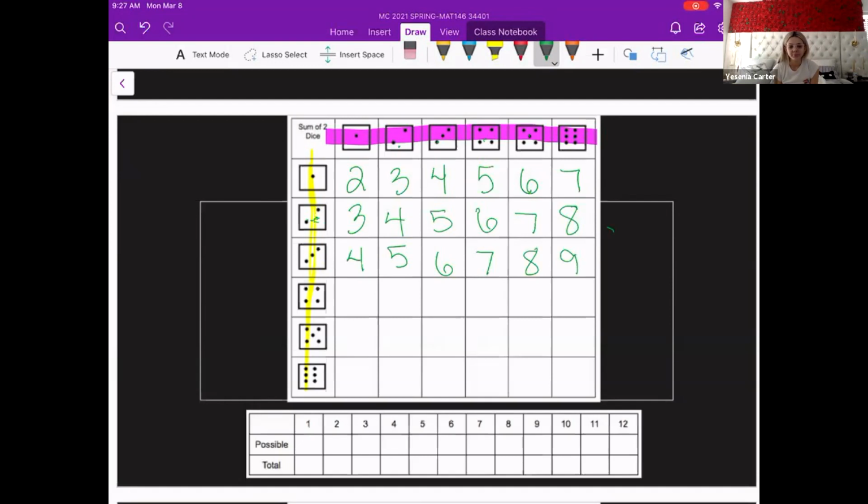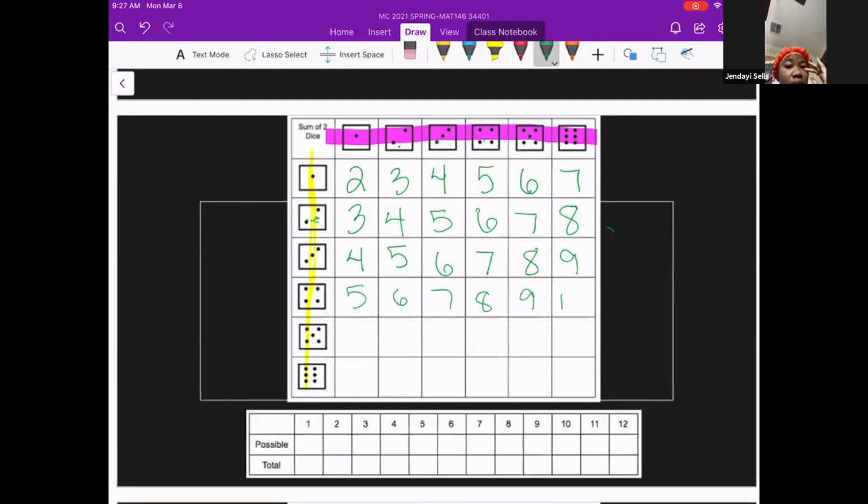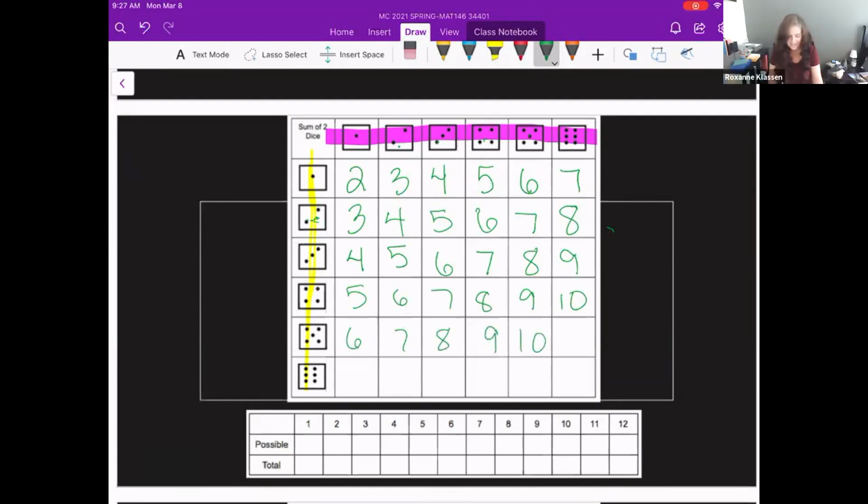Nice. What's the next row across? Just read me the answers. 5, 6, 7, 8, 9, 10. Very nice. And the next row? 6, 7, 8, 9, 10, 11. Yeah, I see a pattern here for sure, right? How about the next one? 7, 8, 9, 10, 11, 12. Yay! Okay. Now, you could probably see that pattern when you're filling it out, which is